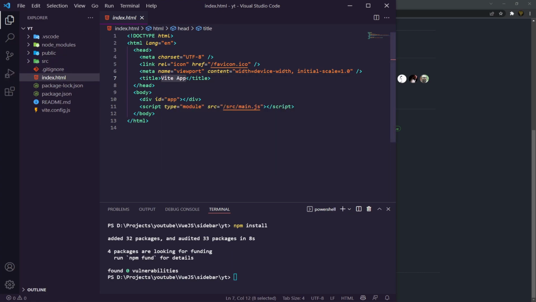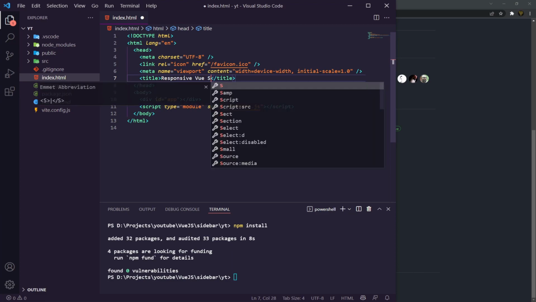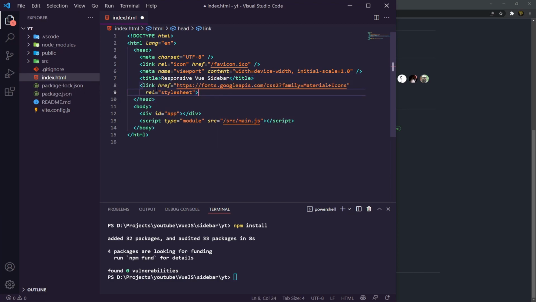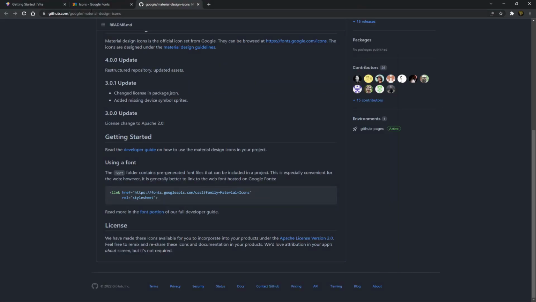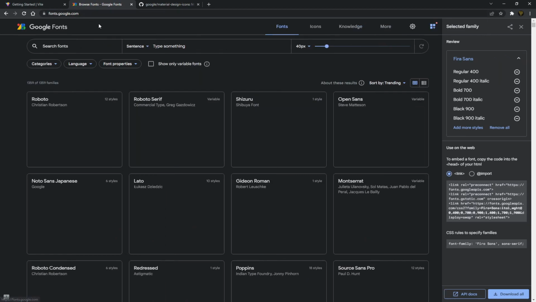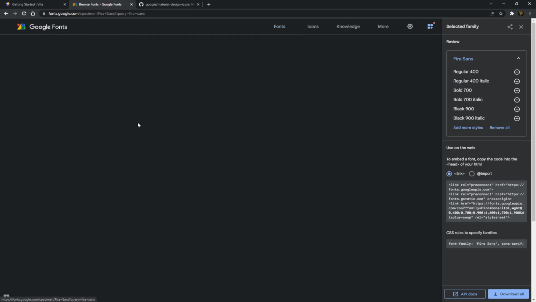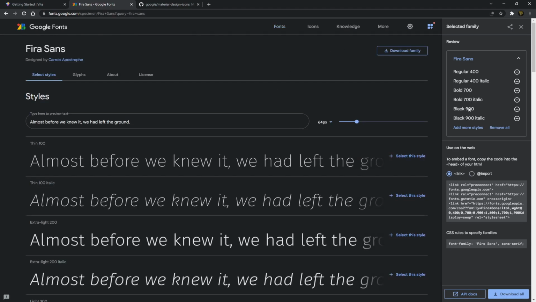And as you can see here, title, we could name this, let's say, responsive Vue sidebar. And then we want to connect our Google up right here, just like that. And let's say we want to also get some Google fonts as well. Let's just go here and let's just search for Fira Sans, the one I always use. And on the side here, you can see there's some stuff set up. We could just copy this whole link in here, copy that,